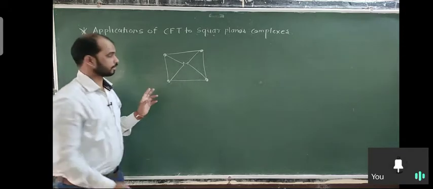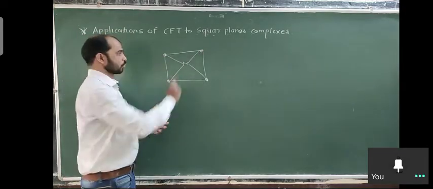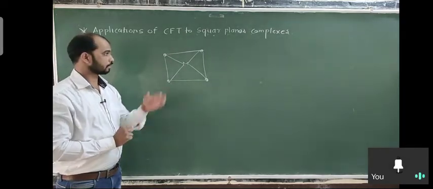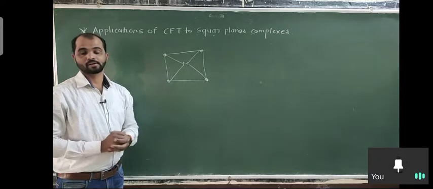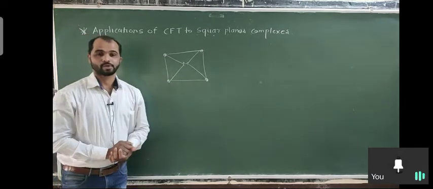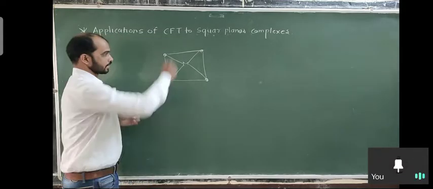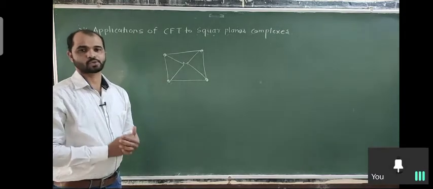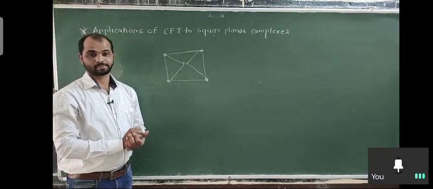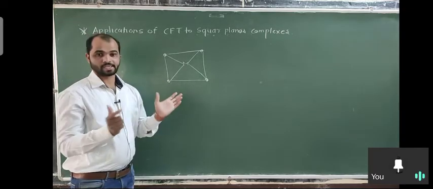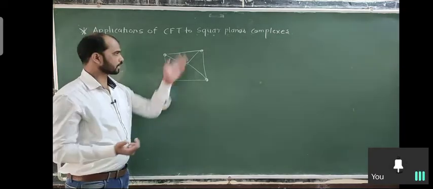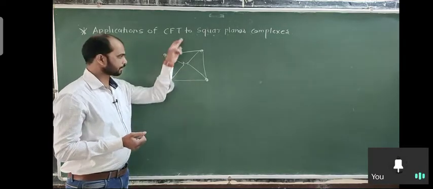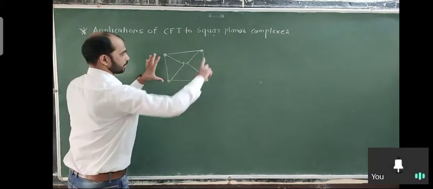But in an octahedral complex, there are 4 ligands in a plane, and one above and one below along the z axis. That means there is interaction with the z orbitals. But here, since no ligand is directed along the z axis, with the z orbital there is no repulsion, no interaction. That means the energy splitting diagram is different here because of the loss of ligands on this axis. That means this orbital behaves differently than this one.